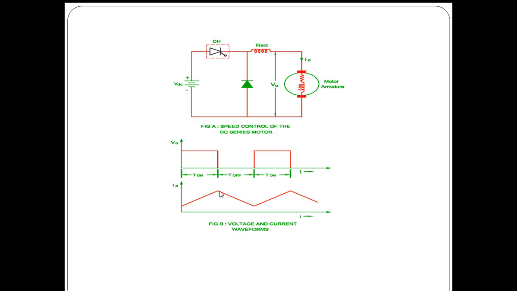The current is increased to its peak point, and after completing the on time, we are switching off the thyristor using chopper. So this chopper is off. When chopper is off, there won't be any path for current to flow and to discharge VDC. So VDC is isolated, but the motor is having energy.